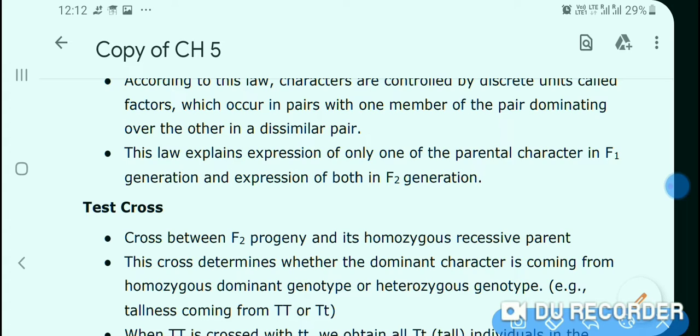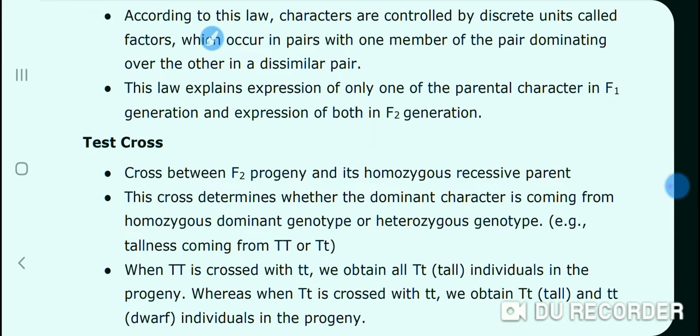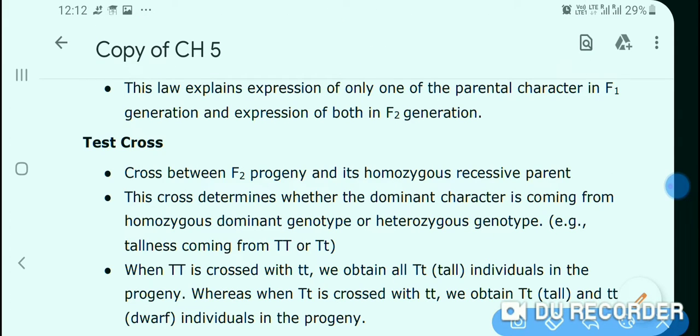You can easily decide the phenotype because it is physical appearance. But how can you decide the genotype of the F2 progeny? For this, we have to perform some crosses. Among them, one is the test cross. What is a test cross? To know about the test cross, first we have to understand the monohybrid cross in short.